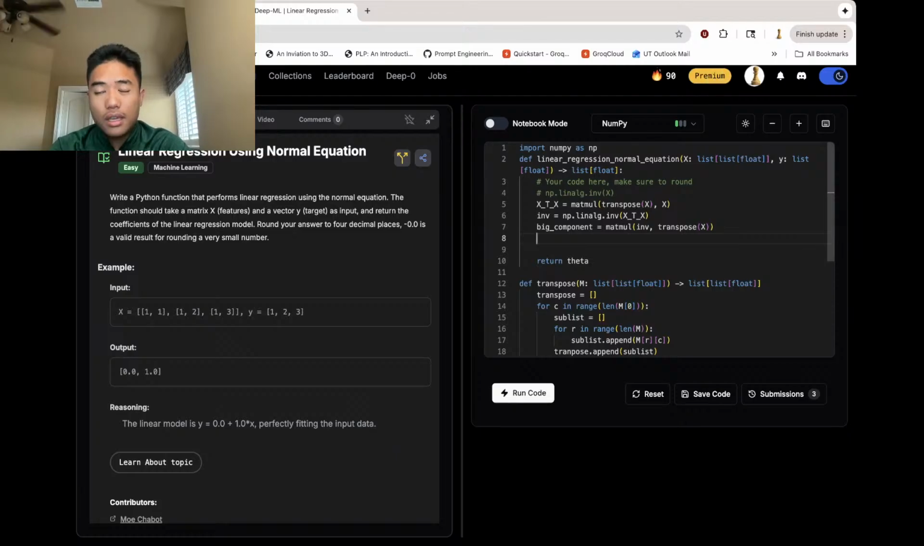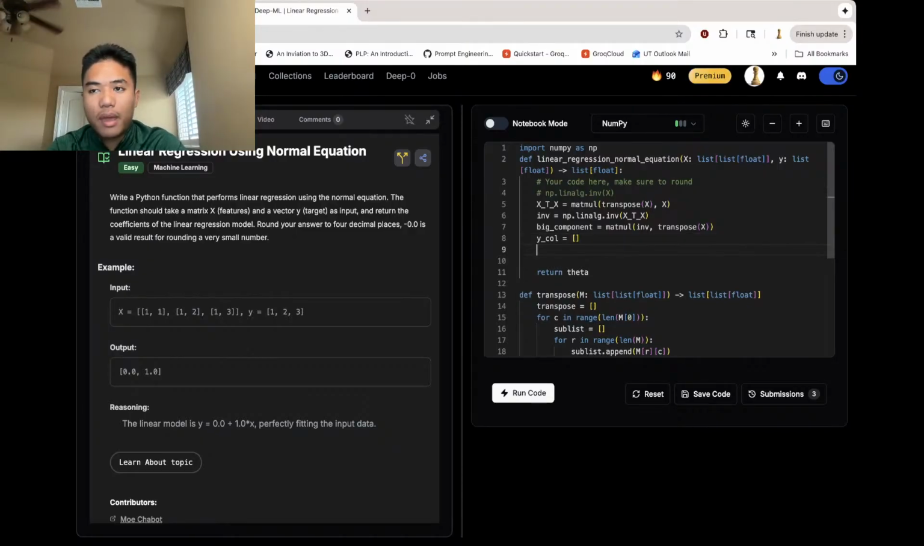There is a numpy function I can use for that, but the goal of this exercise is to write everything from scratch. So the code isn't that bad. We'll call it ycol, which will be our column vector, and we'll append one-dimensional 1x1 sublists to it. So for i in range of the length of y,